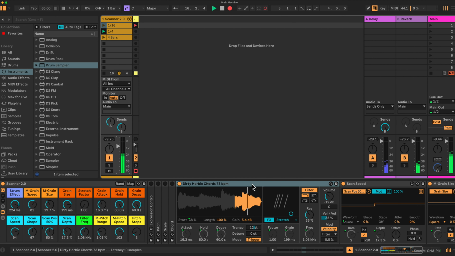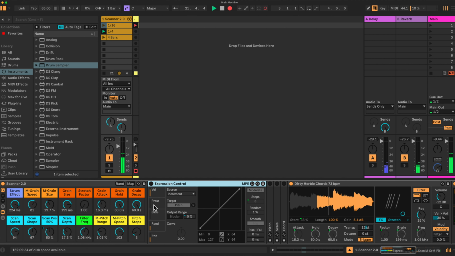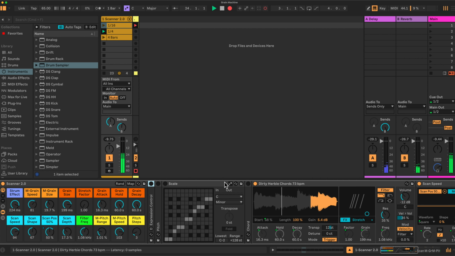It's controlled by a series of MIDI effects, which I won't go into too deeply. I've made another video recently on these and how this whole MIDI effect rack works. I'll link that up here, and I'll put it in the description below if you want to really understand what's going on here. But it basically just generates, using expression control, a series of MIDI pitches, which are then locked into a scale here, in this case C minor. So a pitch comes in, if it's out of the scale it'll be corrected into the right scale, and then